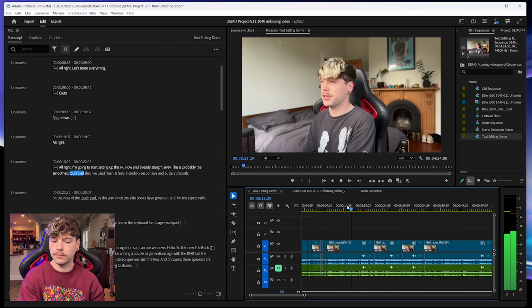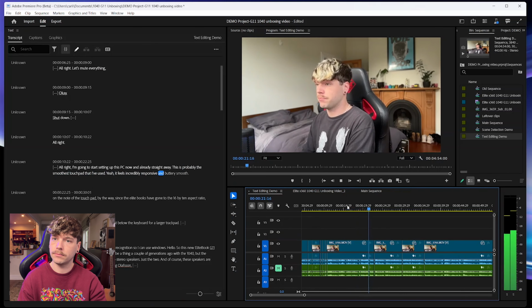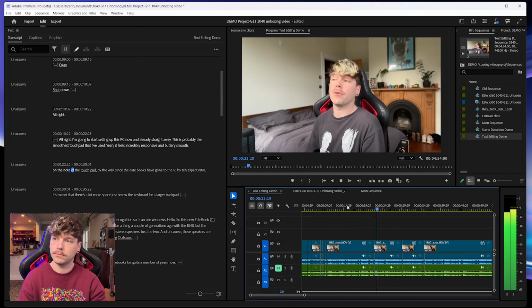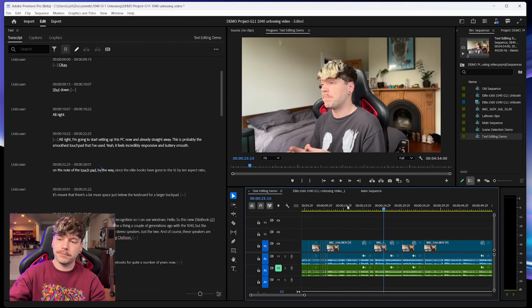Probably the smoothest touchpad that I've used. Yeah, it feels incredibly responsive, buttery smooth. On the note of the touchpad, by the way,